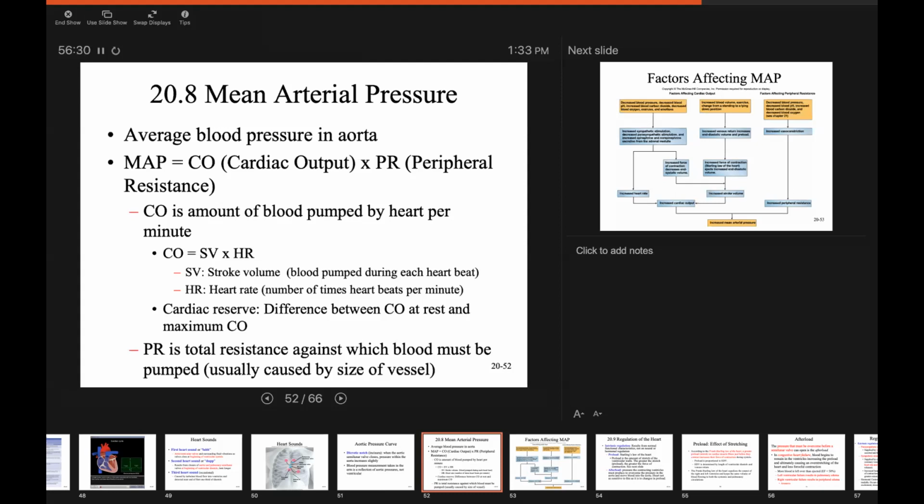What I want you to do is tell me, what does mean arterial pressure measure? What does it measure, right? I don't want,